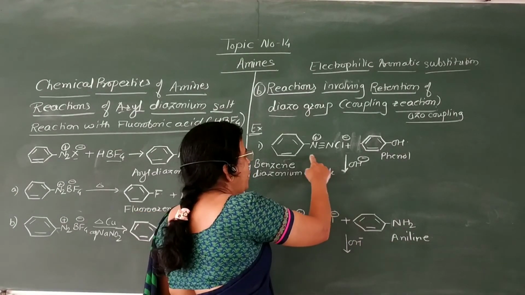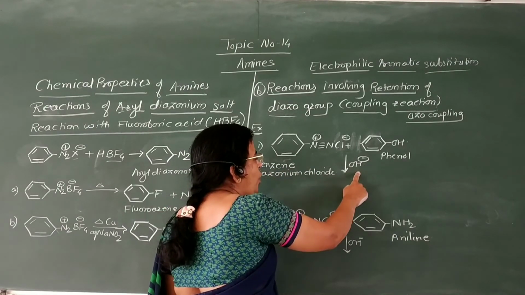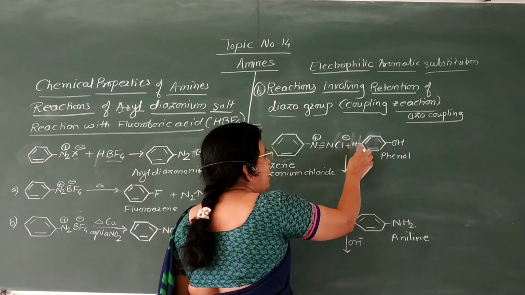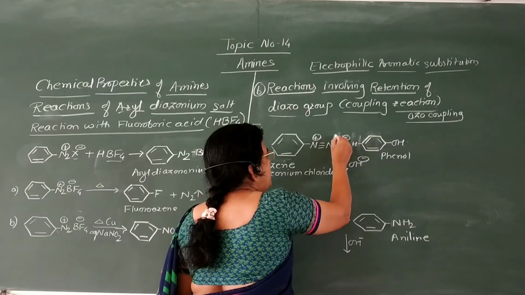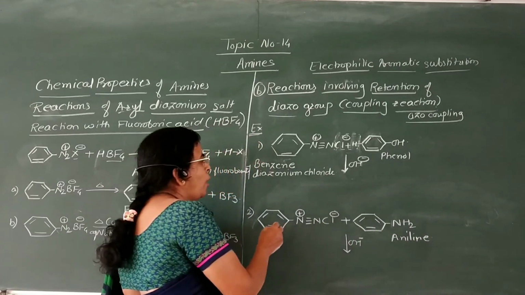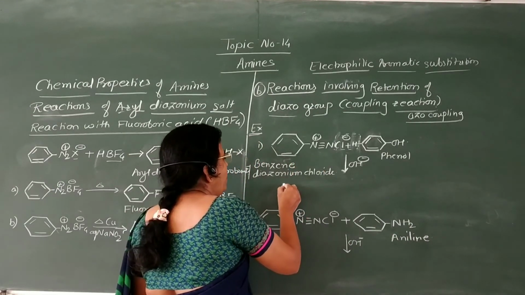Now here, when benzene diazonium chloride reacts with phenol in presence of alkaline medium, the hydrogen atom from para position of phenol is replaced by this benzene diazo group to form